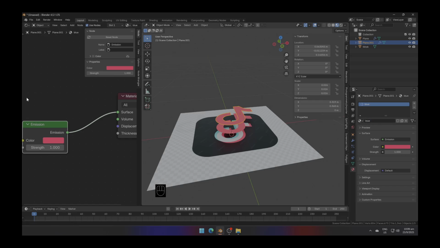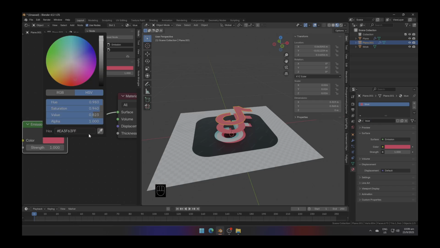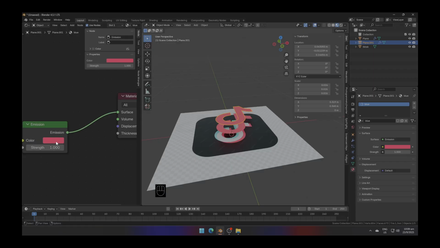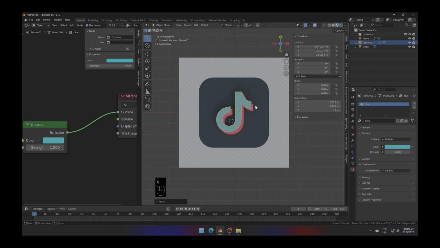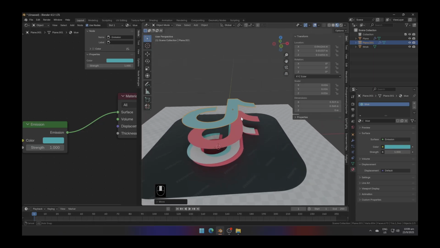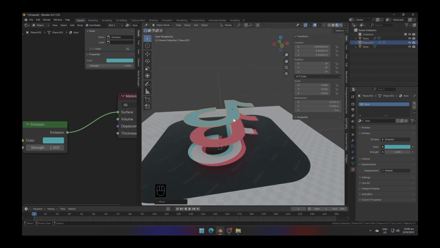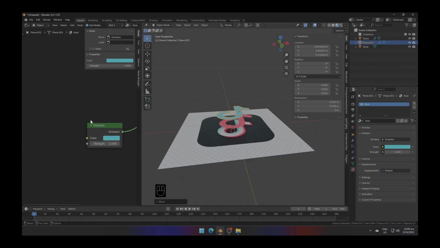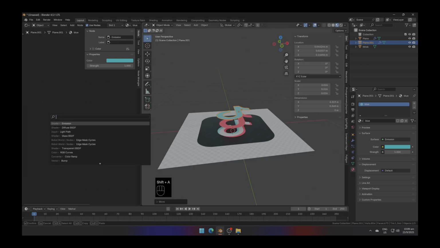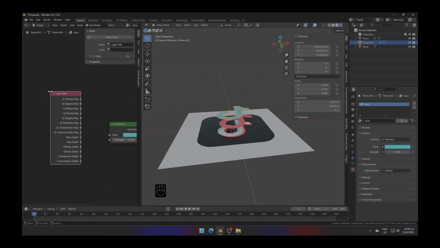Let's call this blue. And instead of clicking this and going to the color dropper, I could also hover over this, press E. That selects the eyedropper as well. And there you go. You've got a red and you've got a blue. So the question now is, how do I get it to be white in the places where it's overlapping? Well, to do this, the nice thing that we have is known as a light path node. So let's just add this light path, and